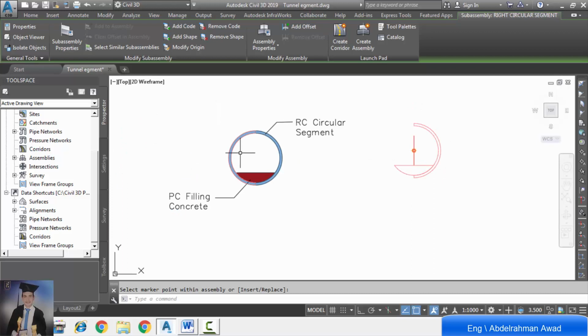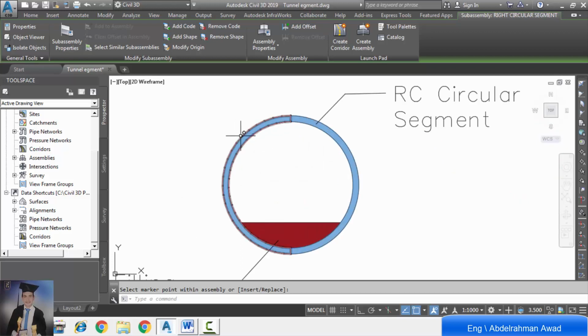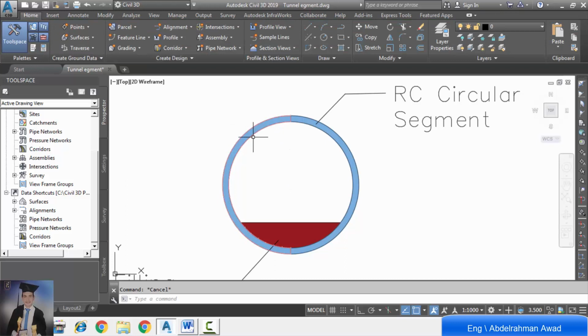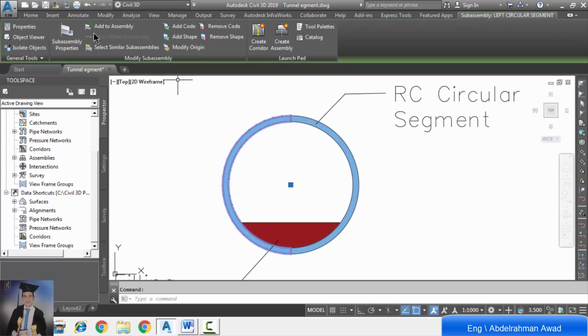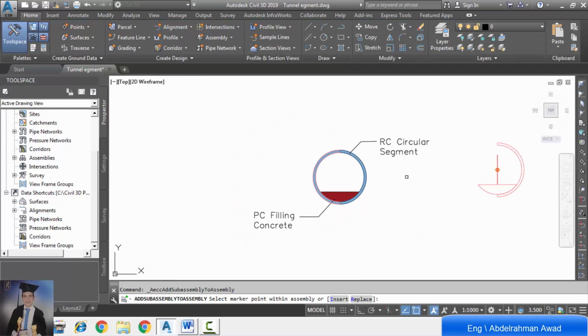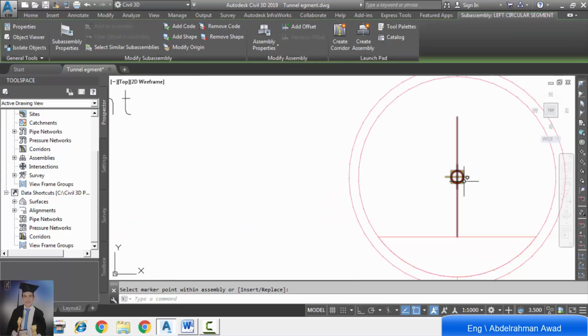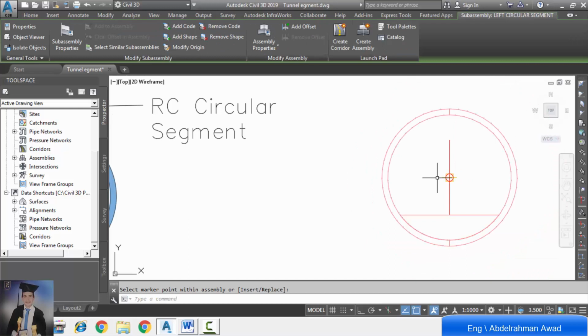Finally we will add the left half sub-assembly to the main assembly. We'll click on the left half. Add to assembly, and we will mark this point. So all sub-assemblies are added to the main assembly. That is the fifth step.